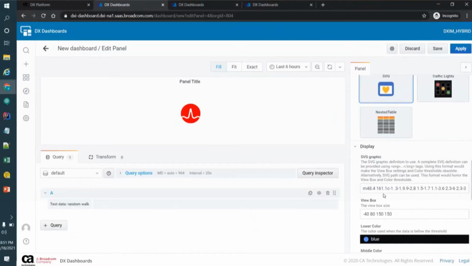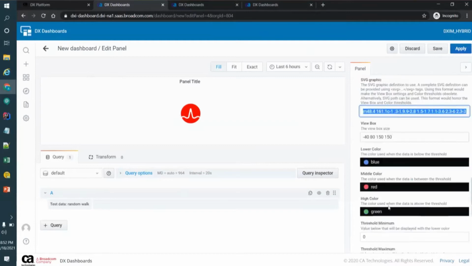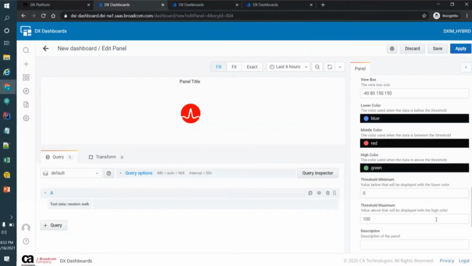First of all, we added this SVG panel in order to allow branding in your dashboards. It is quite simple to use. If you have the SVG definition handy, just go ahead and add the SVG definition here, and then you'll be able to see the logo on your dashboard directly. I have a few examples in What's New which I'll show after explaining this. And also on this SVG, you can apply thresholds.